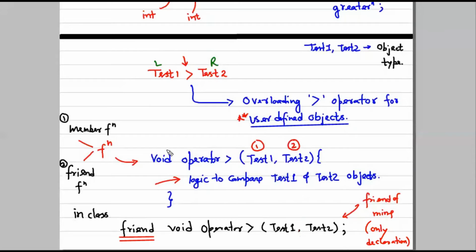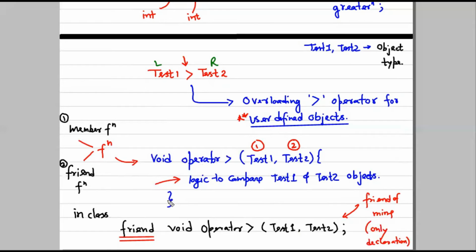Okay, so we have two choices. Either we can make this function a member function, which means we will access it using object dot method, or we can define this function as a friend of that class. Here it is very important to understand why we would consider a friend function. If we define it inside a class, as a member function, it is a part of the object, so whatever object is created will be able to access it.